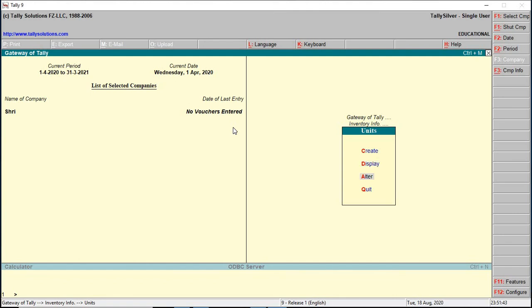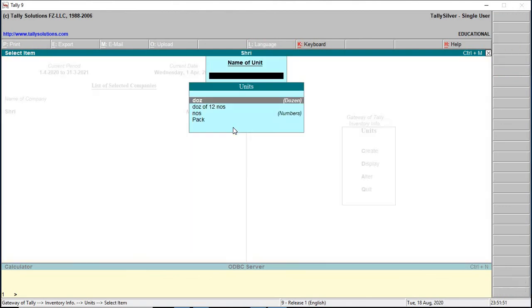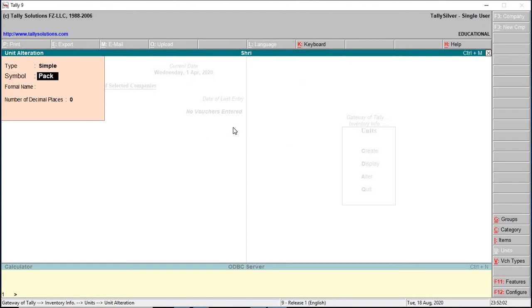Alter option can be used to make modifications in the unit of measure. Select the unit of measure to be altered. Make the required modifications.